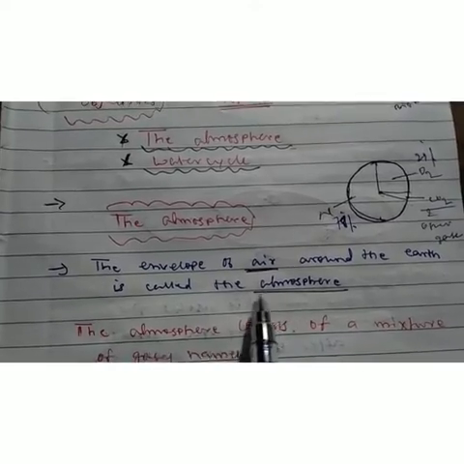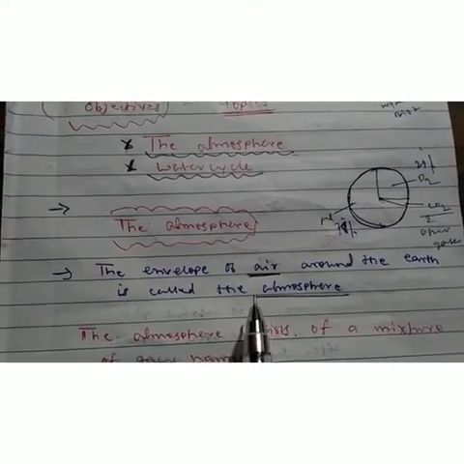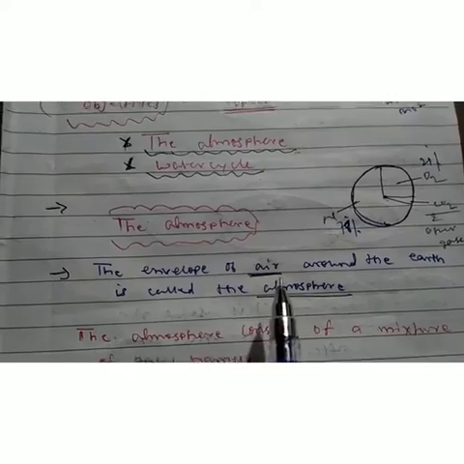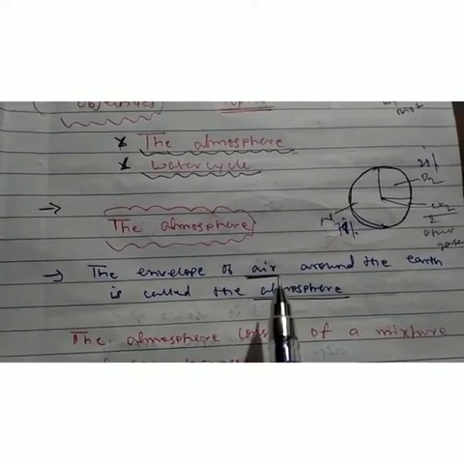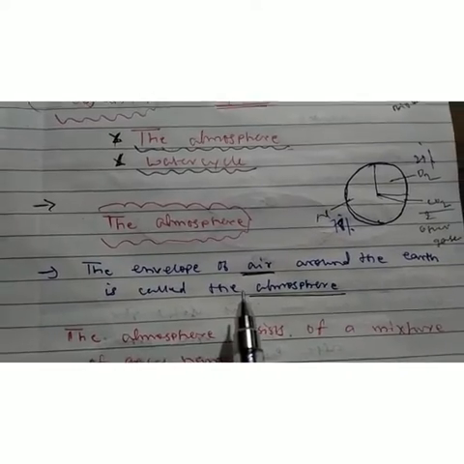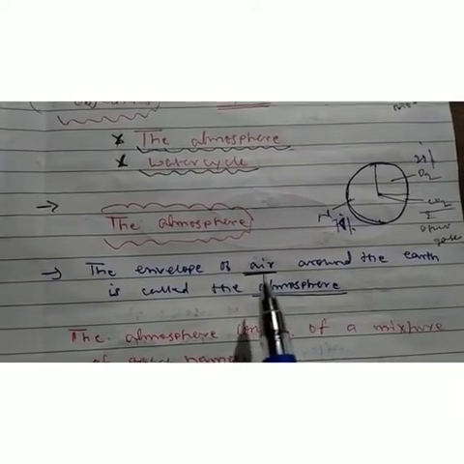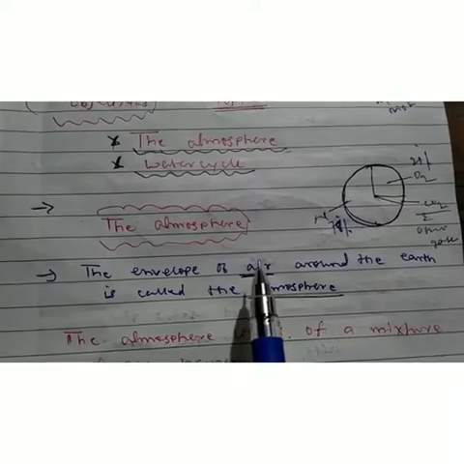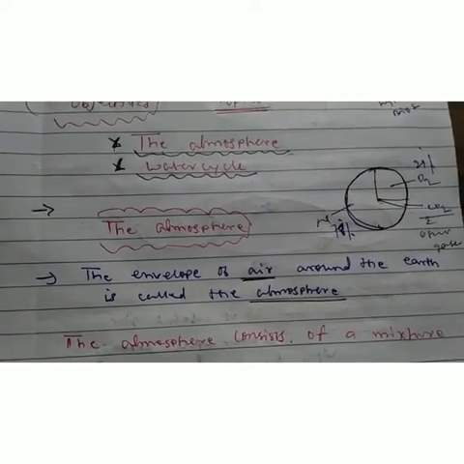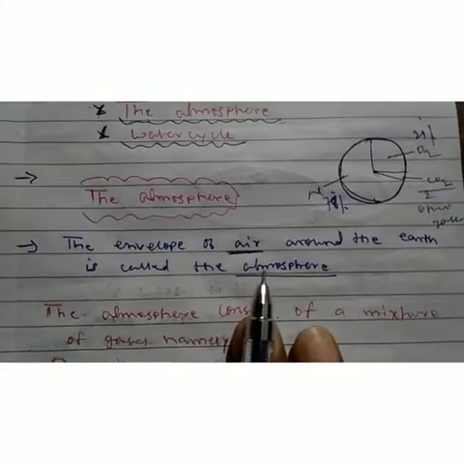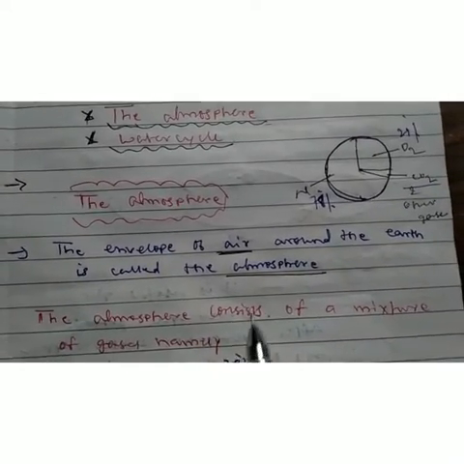Overall, if you see, the whole earth is covered by the air. We can see the lithosphere, which means the soil or land. We can see the hydrosphere, which means water. In the biosphere, we can also see life. But this atmosphere we can't see, but we feel that everywhere on the earth the air is there. Now let's see what is the air and what other gases are present in the air.